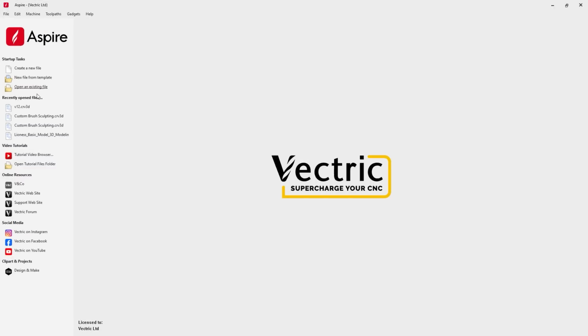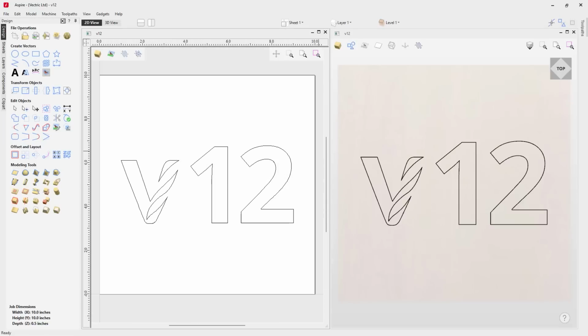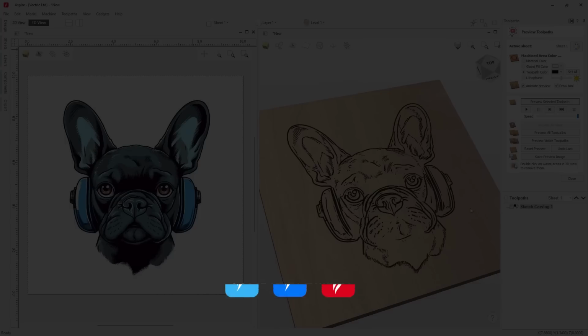Version 12 brings you a brand new modernised user interface with huge improvements to enhance your workflow and save you time. The interface has enhanced DPI scaling support, which makes the software look more vivid and sharp, especially on high resolution screens. You can access both the vector and component tools from one panel, so you don't have to toggle between them, and you can use the drawing and 3D tools without changing tabs, reducing mouse miles and saving you time.